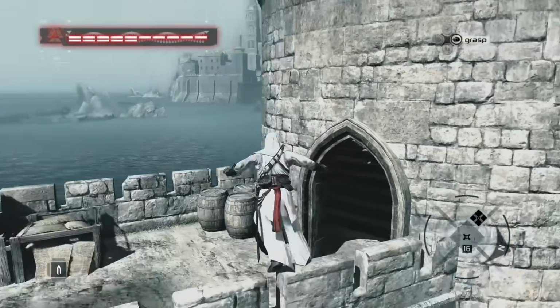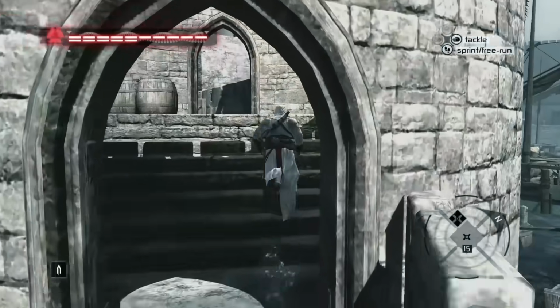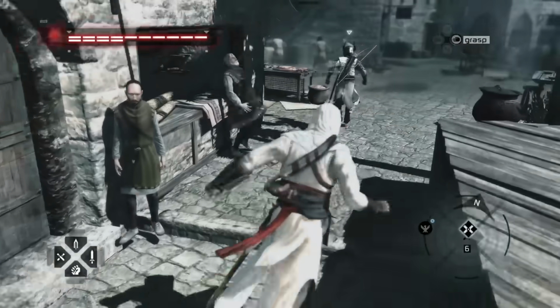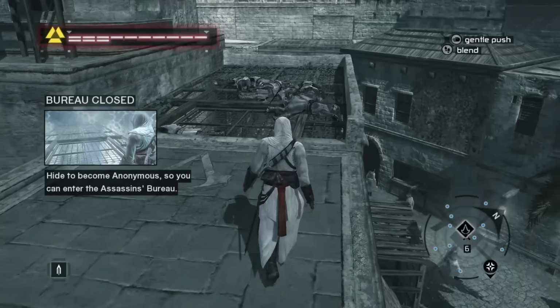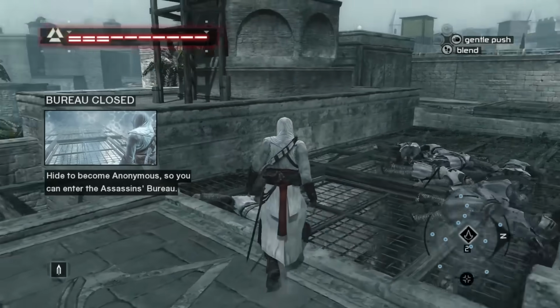And would you look at that, my target took a boat back to the mainland. Fantastic. Well, at least he's having just as hard a time with the parkour as I am. It's all right, friend. Have a hug. One collection of bodies on the roof of the bureau later, and